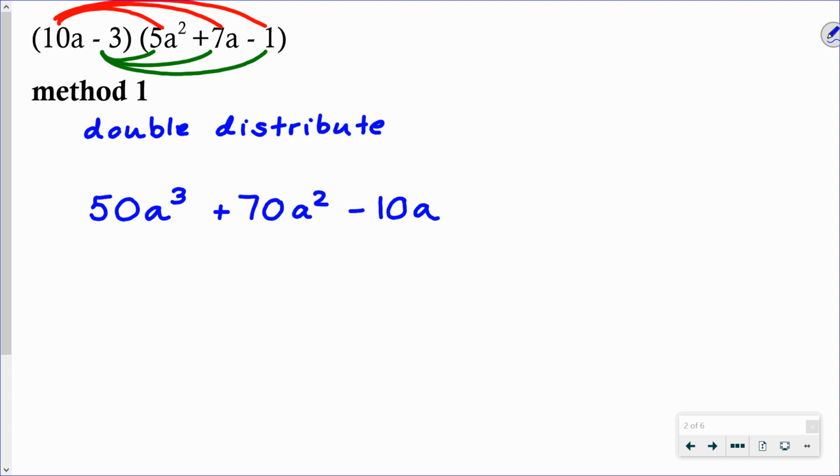Now the double distribute is when I multiply the negative 3. Remember that negative sign is connected to the 3. When I do this, I know that I'm going to have to combine like terms, so I'm going to stack up the like terms so that it's easier to add in the end. The first green little loop there, I've got negative 3 times 5a squared, which is negative 15a squared. Notice I'm stacking it up with the a squared term. And then negative 3 times positive 7a is minus 21a. Again, stacking that up. And then our last green loop is a negative 3 times